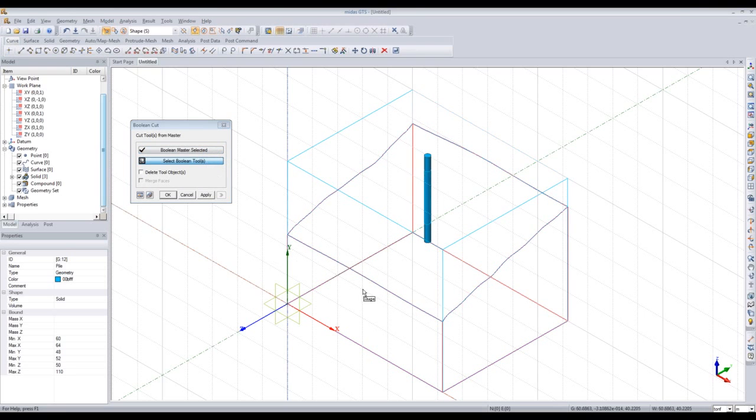As you can see, the bottom is now the master set. And then once again, select the cylinder. Make sure to select the whole cylinder, not the part that you cut, otherwise it won't work. And then click apply. As you can see, you now have this bottom piece, which has been cut by this bottom soil layer. So that's how you would use the boolean cut for this